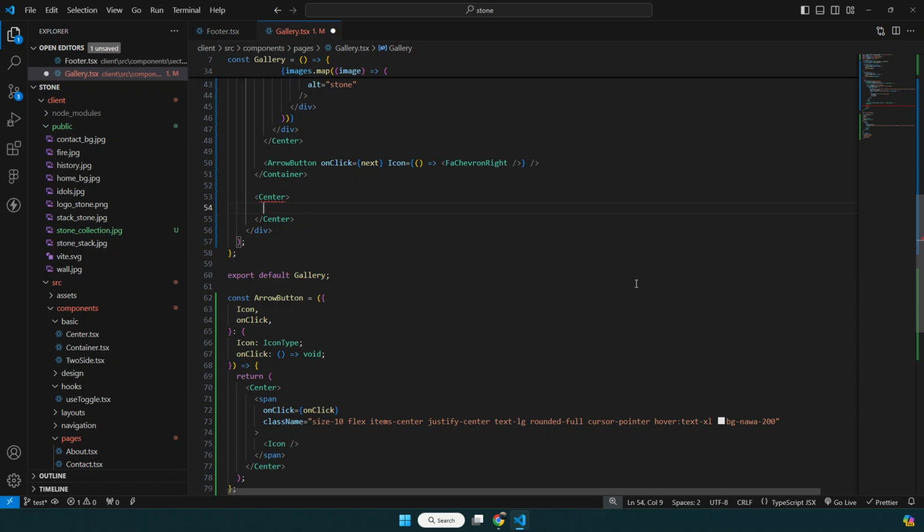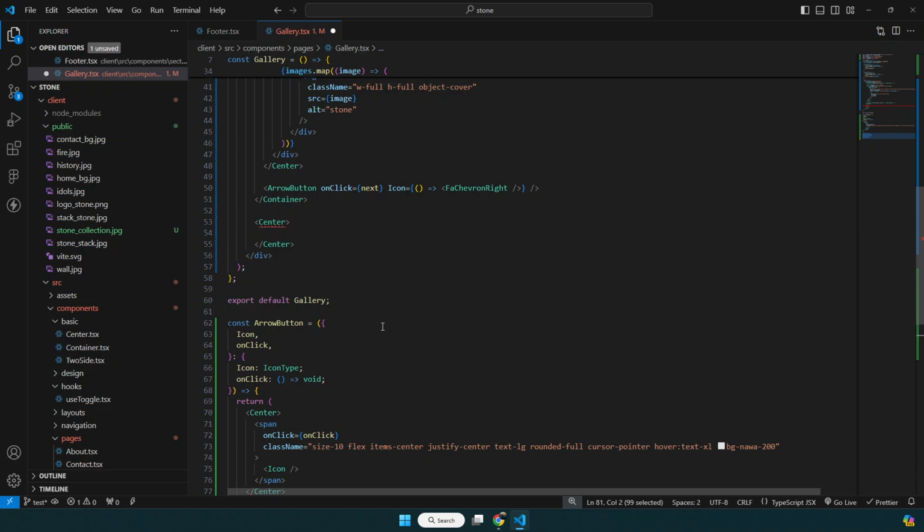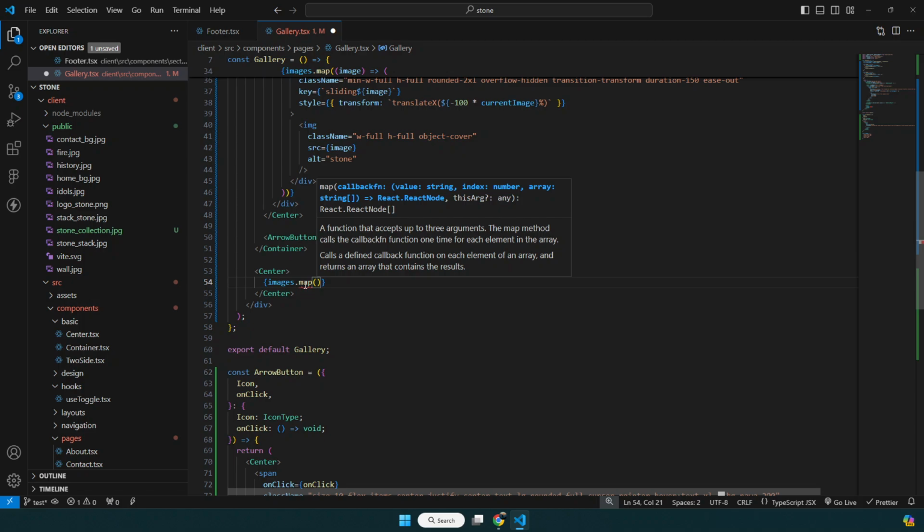We want the dots, as many as the images we have here. We need that many dots, right? So to get that, we can do the same thing as above. Maybe from images I can map it, and I can say here